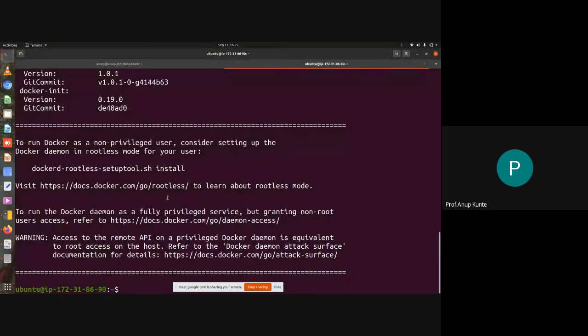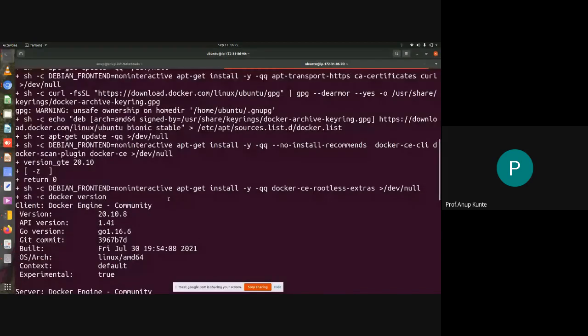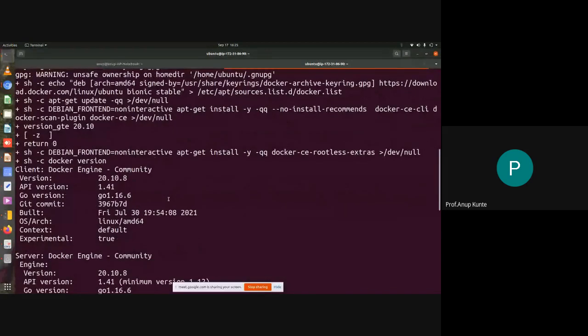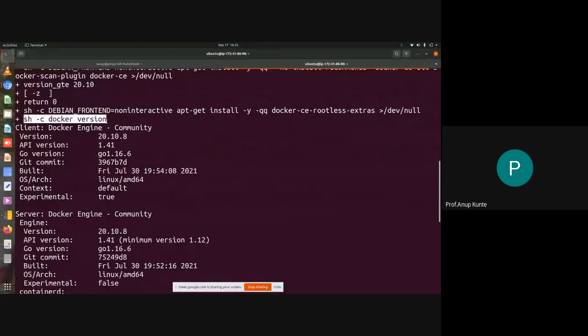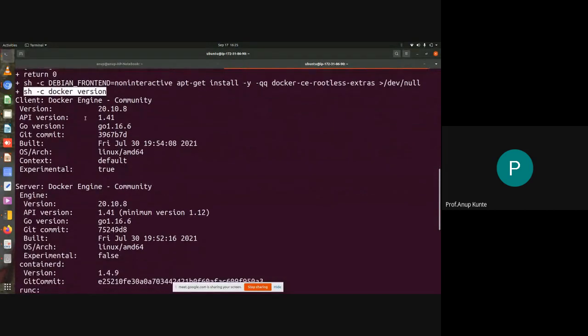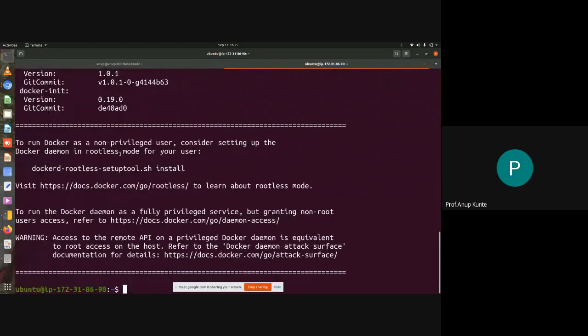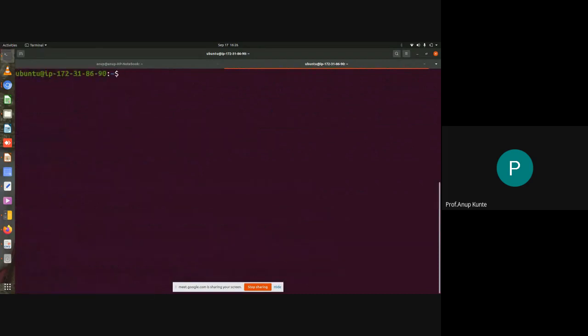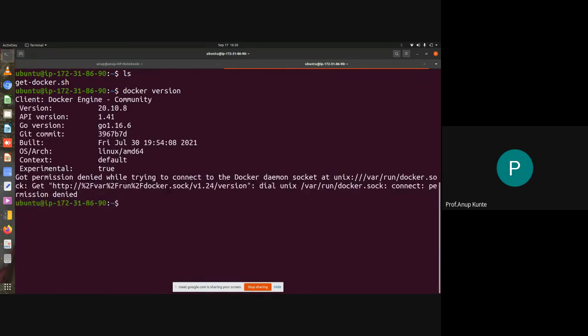अरे it did execute. Yeah, it did execute very fast. See, it executed this command as well, docker version. So the client version is this much, 20.10.8. So it did very quickly. RAM is not good for this particular machine, but networking speed is so good that it downloaded everything very fast. If you do this on your host machine at home, it will definitely take much longer. Now that Docker is installed, the first command that you can try is to check the Docker version, and you can see that the client version of Docker is this one.